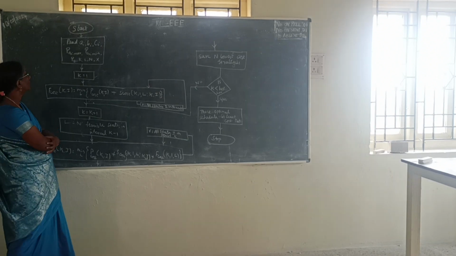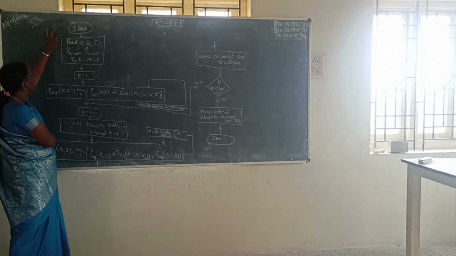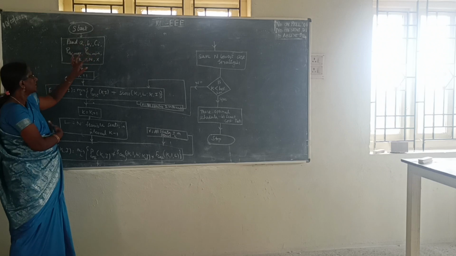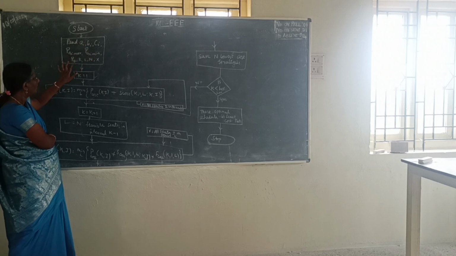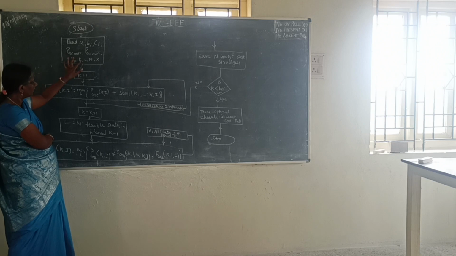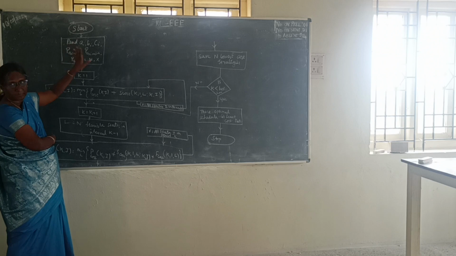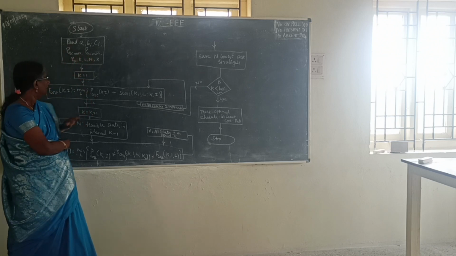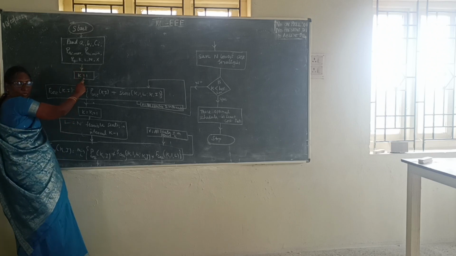This is the flowchart of the dynamic programming method. First start, then read the data: AI, BI, CI, PGI minimum value and maximum value, demand. Apart from that, hour, L, N and X. So these are the data parameters that we first read. Then initially we assume K is equal to 1.